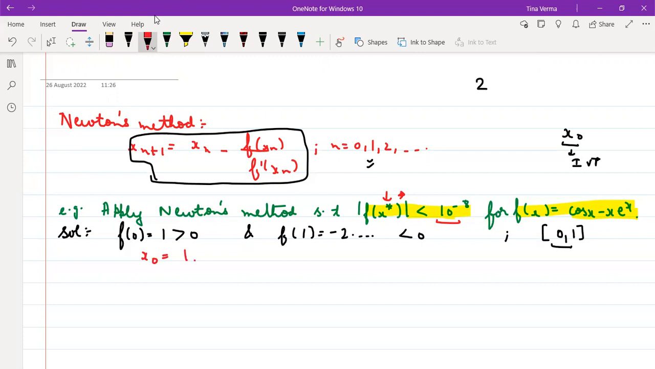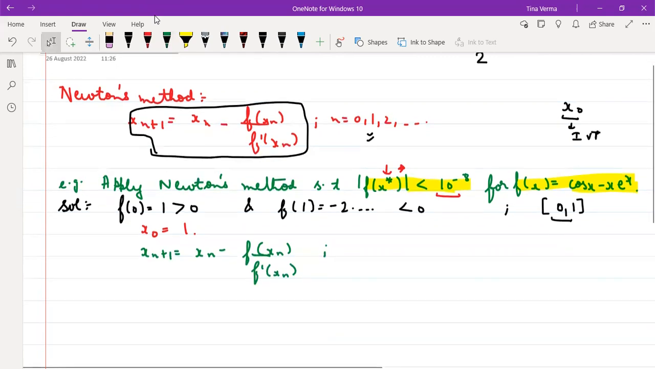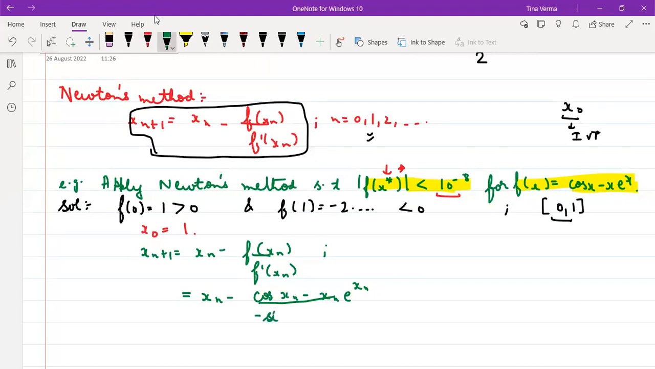Suppose I am taking x naught is equal to 1. So what is our formula? That is x_{n+1} equals x_n minus the function's value at x_n divided by its derivative at x_n. Now this is equal to x_n minus the function value at x_n, which is cos x_n minus x_n e^{x_n}, divided by its derivative. The derivative of cos will be minus sin x_n, and here when you apply the product rule to x into e^x, you will have